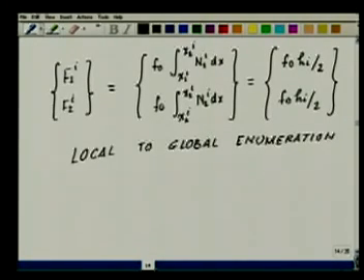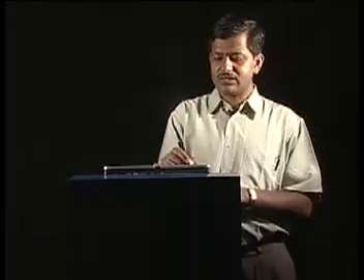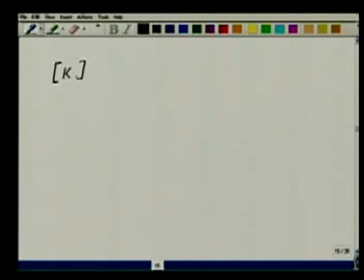And we have already stated that the local 1 for the element maps to what? Globally it maps to i. Local 2 of the element maps to the global i plus 1. So the job is very simple. We know which of these global entries we have to add these local entries to. So remember, our job is to form the global stiffness matrix K and the global load vector F.